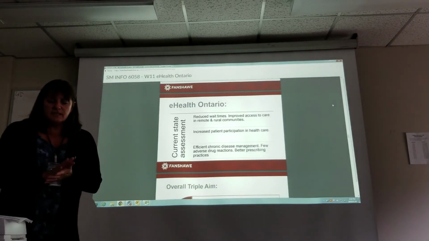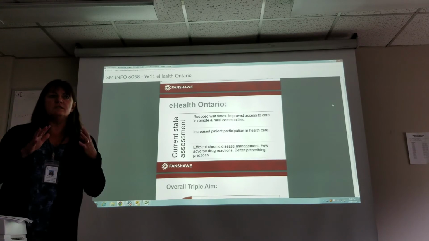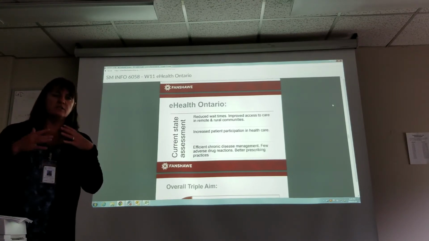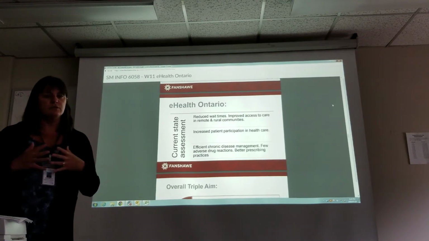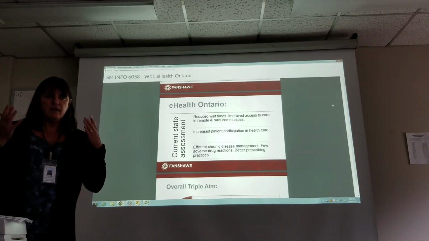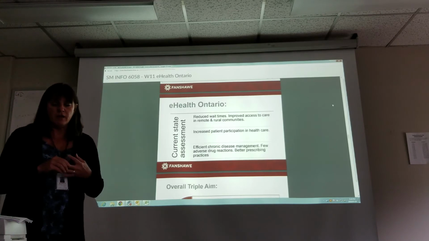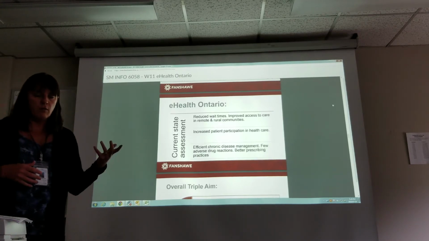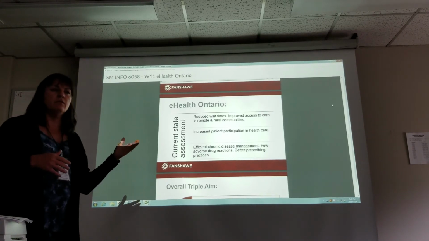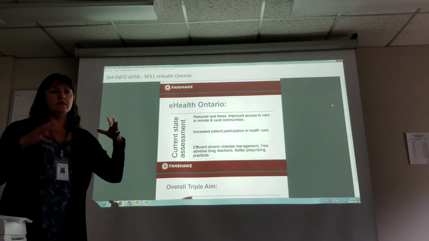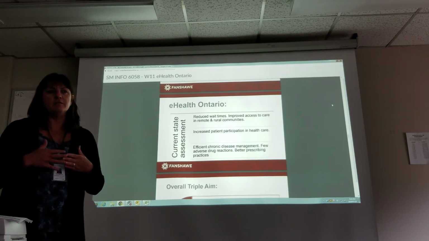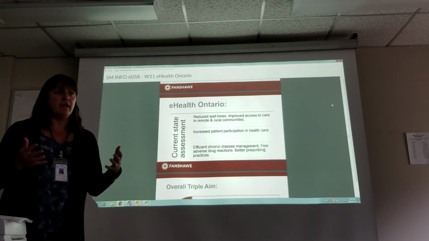So the current state assessment. We've been working towards some of these projects, and some of the projects are implemented to a degree, but not to a full degree. Again, the goals are consistent with the Canada Health Infoway. It's to reduce wait times, to improve access to care, and not only here in London, but also the remote and rural communities. So north of London, not very far even, to places like Lucan, Ilderton, Grand Bend,